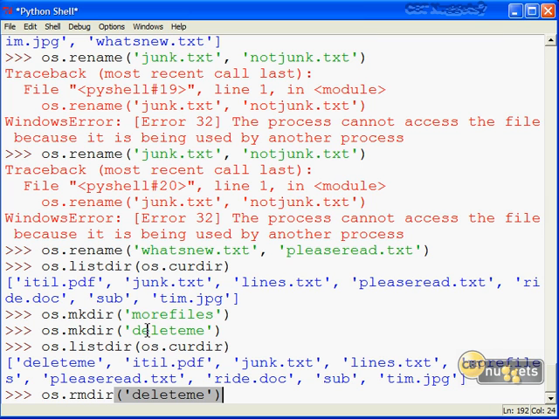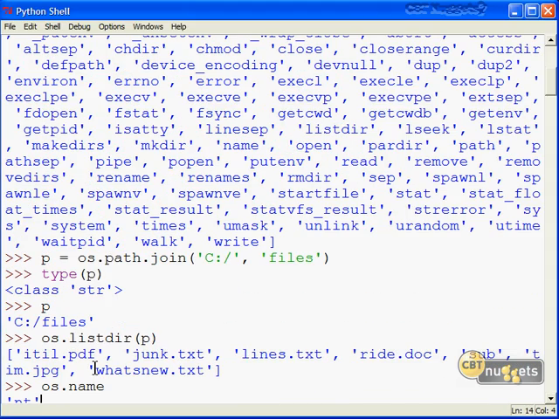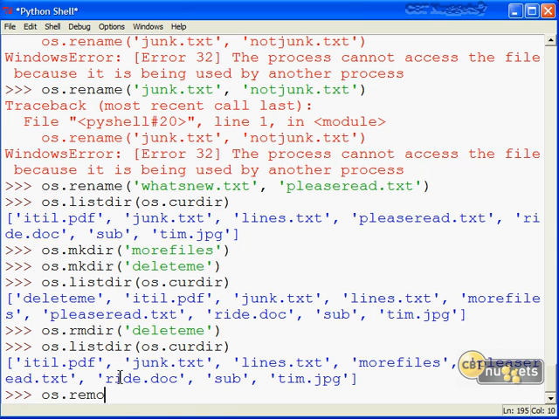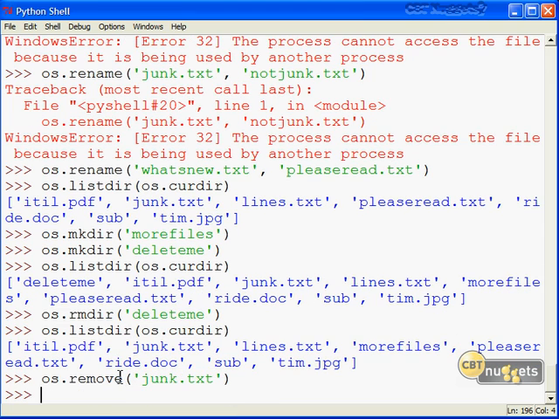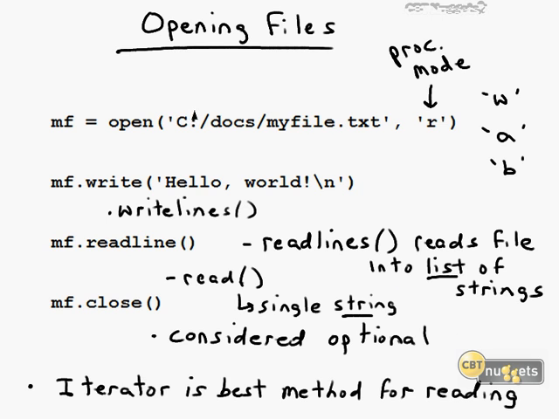Of course, I'm not giving a fully qualified path here because I know my current working directory is appropriate. Otherwise, I would have to, between my single or double quotes, qualify the path directly from the root all the way up. Good deal. To delete a file, you're probably wondering about that, we can just call os.remove and then provide a full path, partially qualified path, or in this case, I'm going to just call the file name, and the file's gone.